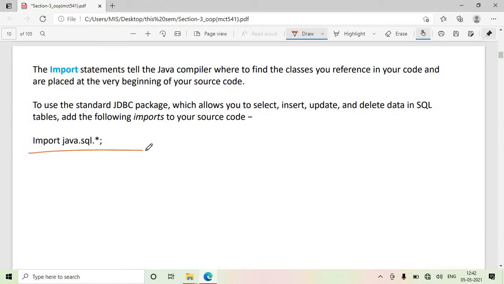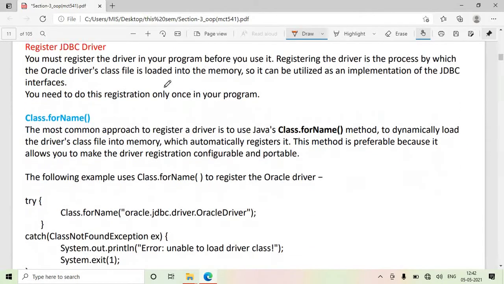So import java.sql.*, it will import all the packages and classes related to your database so that you can access it. Register your JDBC driver. Here we have seen the Class.forName syntax. Using Class.forName, you can load and register this particular driver. Since we have used a MySQL database for practice purposes, instead of this driver, we have used the MySQL driver.